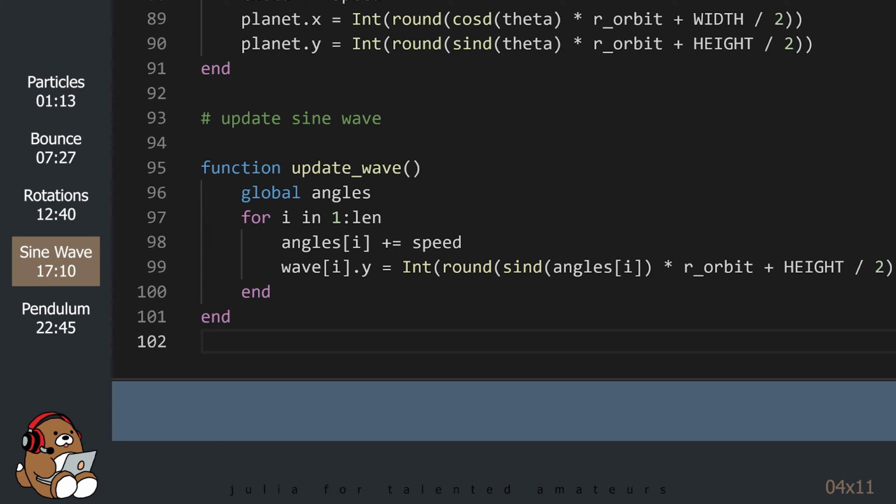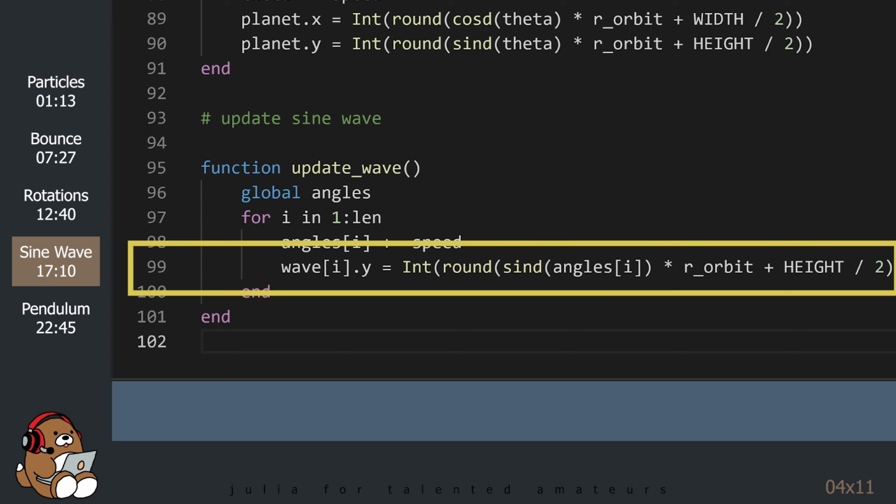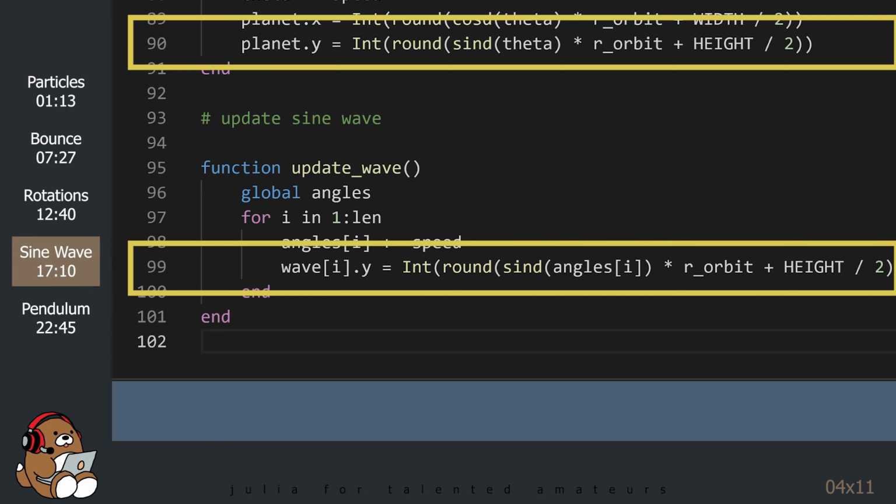Notice that there are no updates to the horizontal positions. The only updates are to the vertical positions, which is the same formula that we use to update the vertical position by rotating our actor clockwise around the circle.